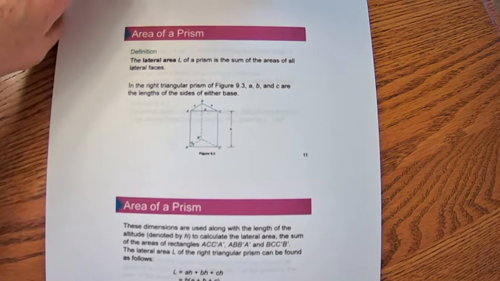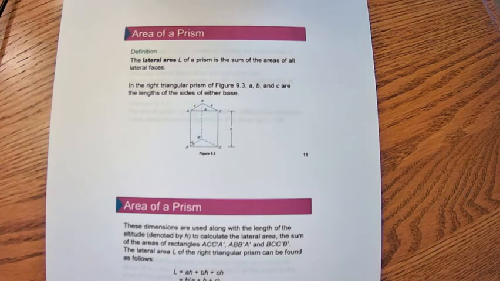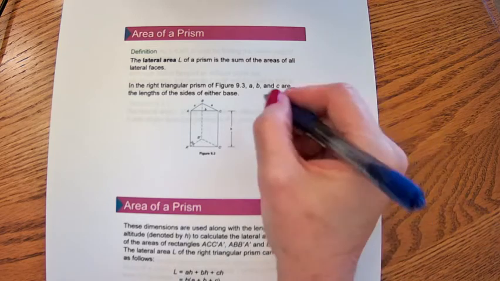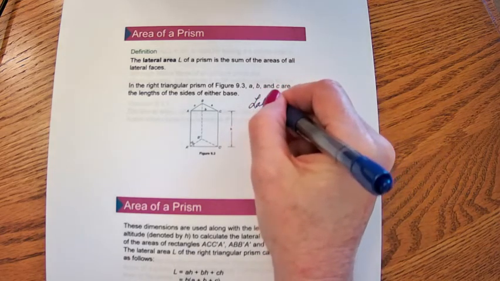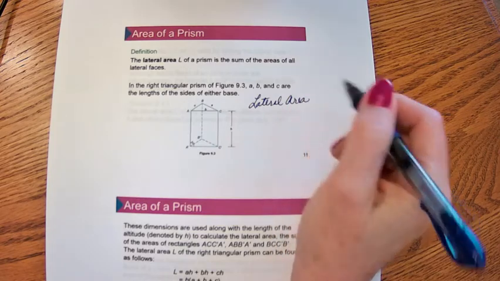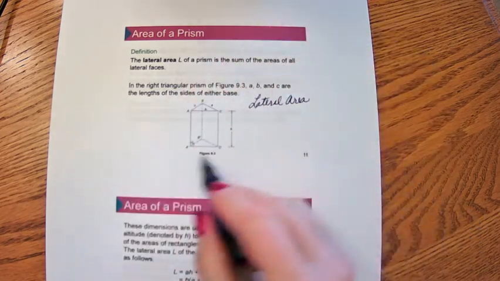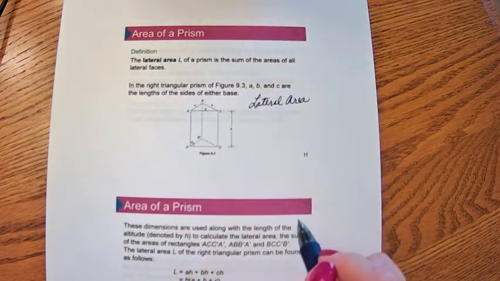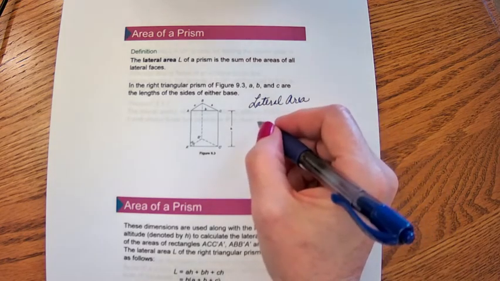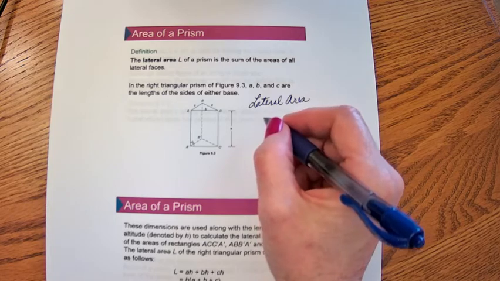Now when we get into finding the area of a prism, you have to be very careful to read the problem to find out what area they are talking about. There are a few different areas that they can be asking. They may ask for the lateral area. That is the area around all the lateral faces. They might ask for the area of the bases,